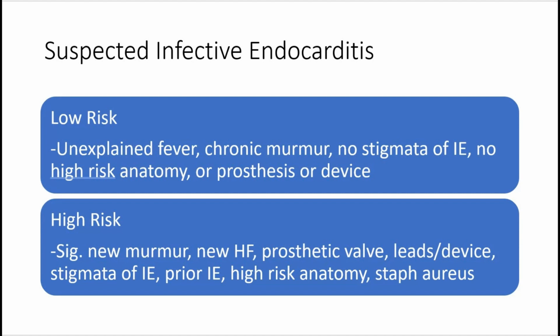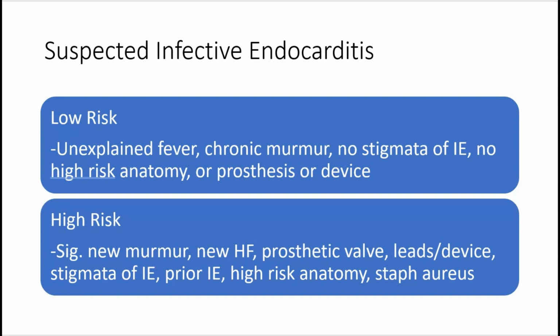Now we will switch gears a little and talk about the algorithm for TEE or TTE. So if a patient has suspected infective endocarditis, we group them into low risk or high risk. And low risk patients include unexplained fever, chronic murmur that has not changed, no stigmata of endocarditis, such as those immunological lesions or septic lesions that we mentioned in the Duke criteria, no high-risk anatomy or prosthesis or device. The patient is high risk if there is a significant new murmur, there's new heart failure, patient has prosthetic valves,